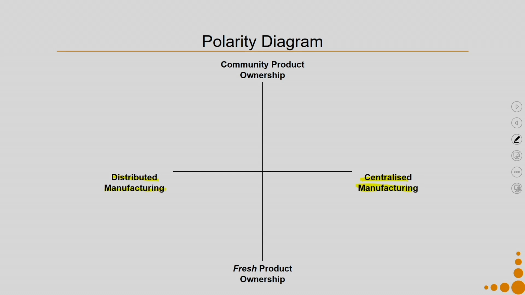It can also have distributed manufacturing, where Fresh does not own the manufacturing setup. An extreme case of distributed manufacturing would be when I release all my designs to the customers and customers can 3D print it as per their requirement. Then I have perfect distributed manufacturing, because Fresh has no control over manufacturing. They have given their design to all customers, anybody who is interested in having that kind of product. So, these are the two ways.